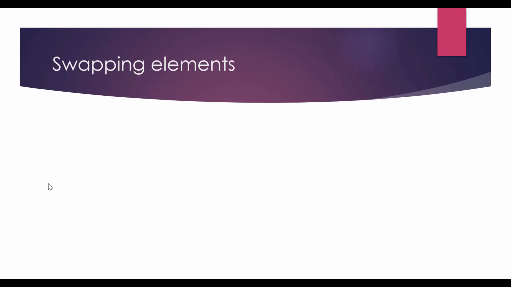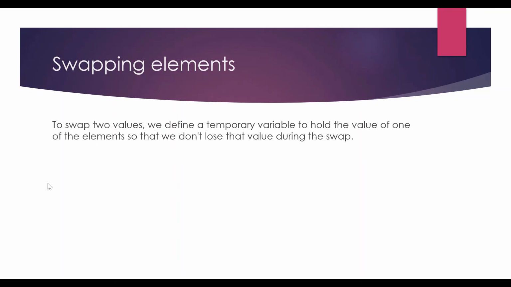We cannot say that the element at location A has to go to B, and then by default, the element at location B will go to A. If we do A goes to B, the value at location B will be erased and replaced with the value A. So both locations now will have the value A, and we will lose the value that we had in location B. So to be able to do this swap, we can store this value at location B in a temporary location, or the value at location A, we can store it in a temporary location before we do the